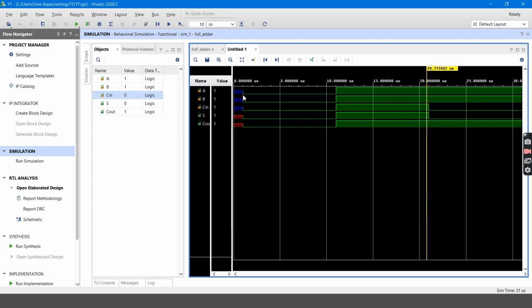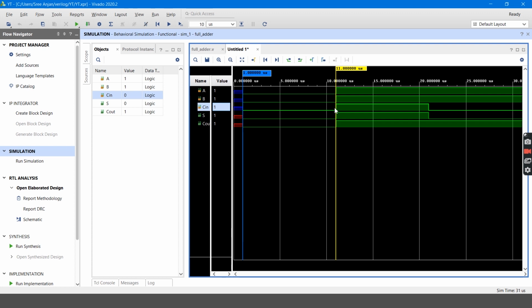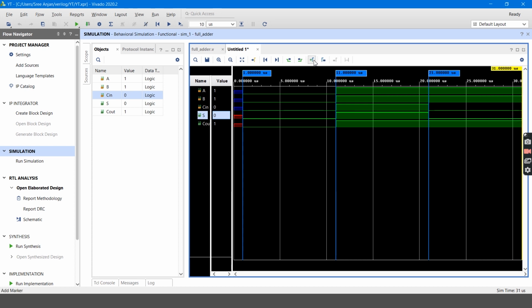I will be plotting these parts at 1 second, after 10 microseconds I run, and here is the third run. Here you can see the differences. At 0 to 1 microseconds, I didn't give any input.